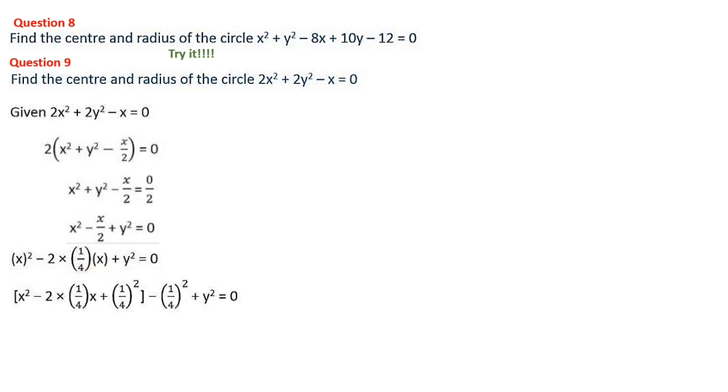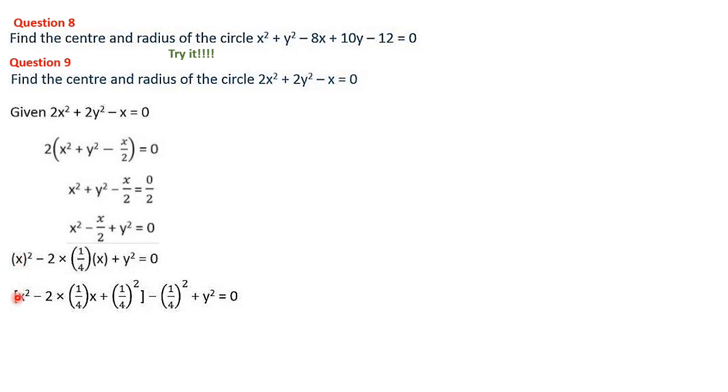Then here we know that it is in the form 2 into a into b, or b into a, whatever it is. Here the x term is there, this is x. Here 2ab, one term is there. One term is 1 by 4, but that 1 by 4 is not there. 1 by 4 square must be there if you want to make a perfect square. So 1 by 4 square is not there, but we can put it, as before, we can put 1 by 4 square.